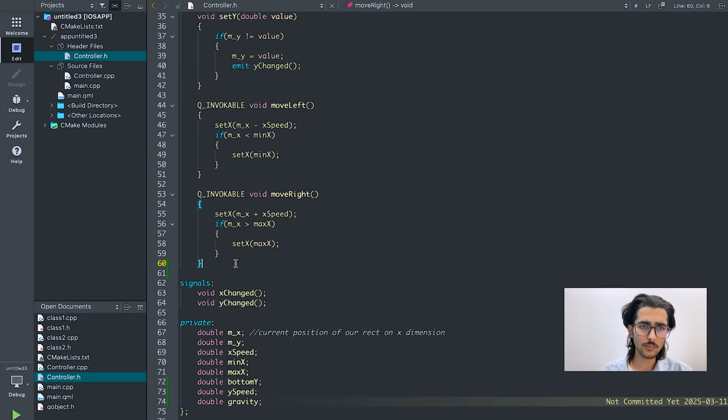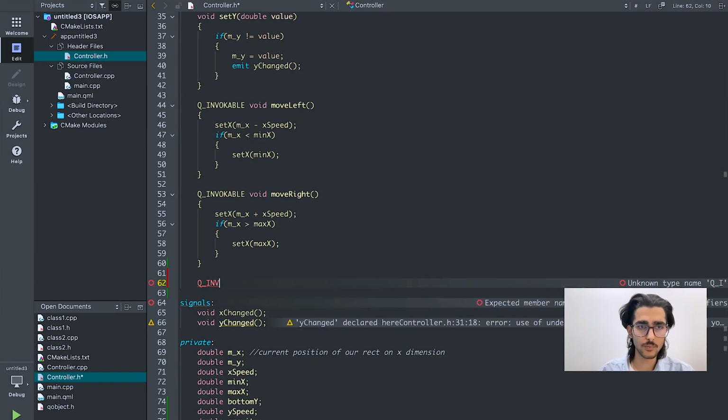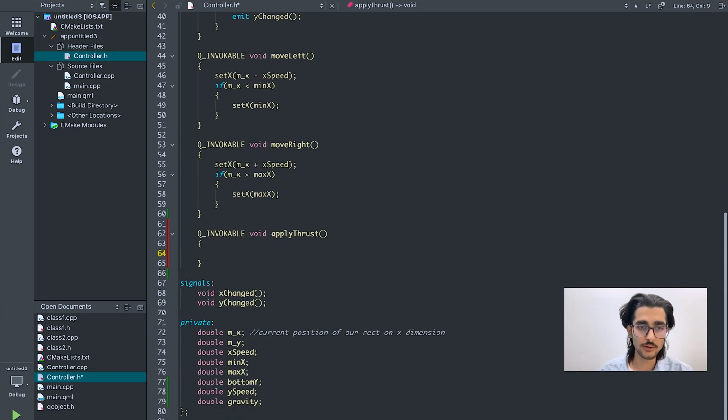Before anything else, I'm going to add a function which is also invocable to move upward. We have functions for moving left and moving right, and now one to move upward. I'm going to name this void, not move up, but let's name it apply thrust. In apply thrust, I'm going to set my y speed equal to some value, let's say